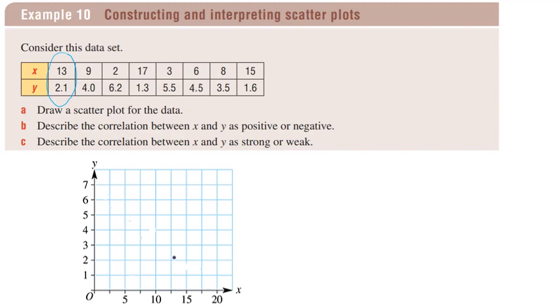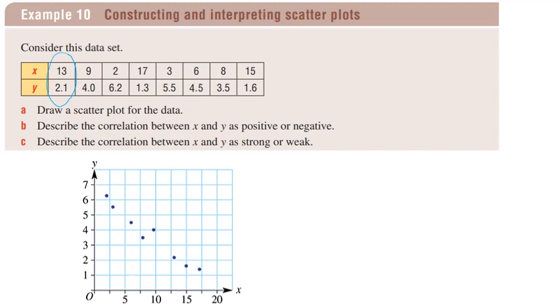My next point is at 9 and 4. So I go along to 9 and up to 4, and that's here. Then I plot all of the rest of the points. Okay, so I've drawn the scatter plot. The next question says,